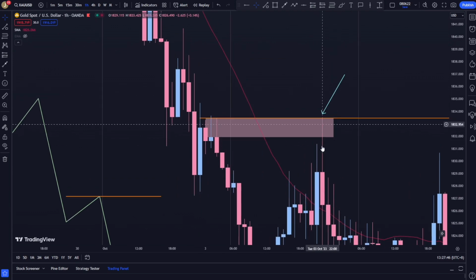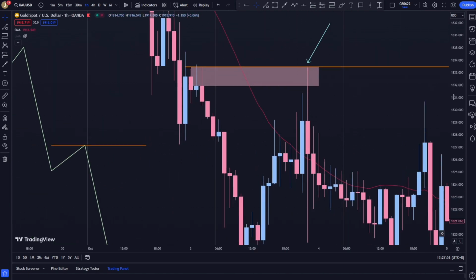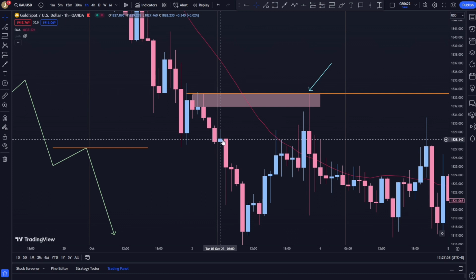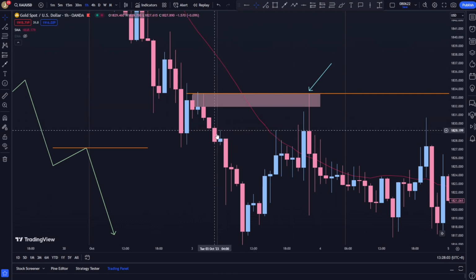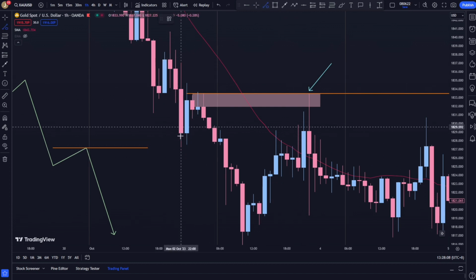So here price failed to break, and that's why we still drop down, right? We still drop down. So you might ask, why isn't this area supposed to be broken? I mean, it's still a retracement, right? But what you want to see is that price has to make a low, then retrace up, and then make a low. So this